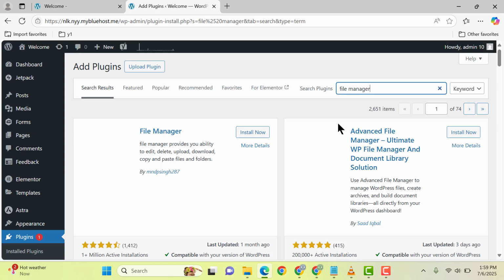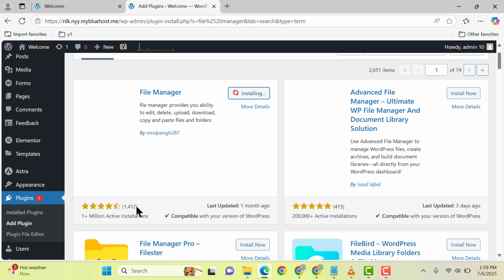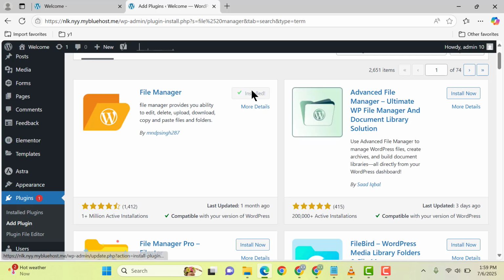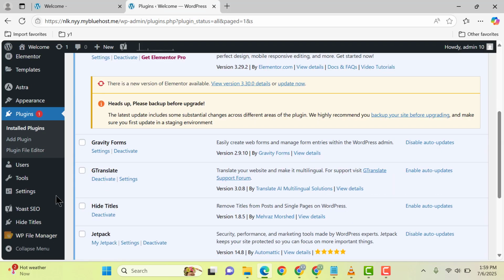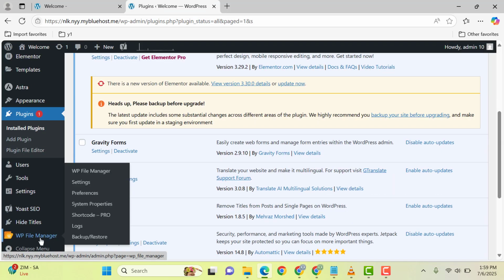So you can find multiple plugins. I will recommend this one. You can see 1 million plus active installations. You can easily install and activate this plugin. Now you can go here and on the left side click on file manager,